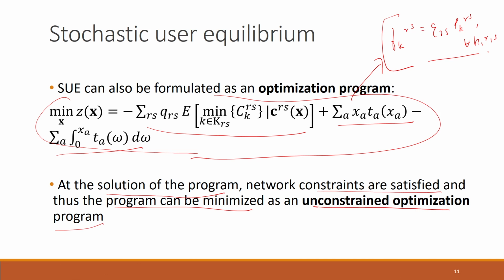So, the main constraint that we would be worried about, that whether it is satisfied or not, is that for every origin destination pair, the sum of the flows on all of the paths sum to the travel demand. Okay. This is an important constraint. This should be satisfied at the optimal solution of this. So the claim is that the optimal solution of this optimization problem will automatically be such that this kind of constraints are satisfied. Okay. And that was the reason actually that when, if you remember, when we had started solving